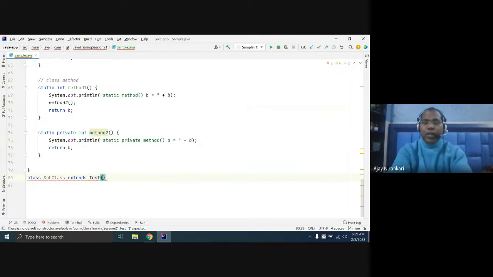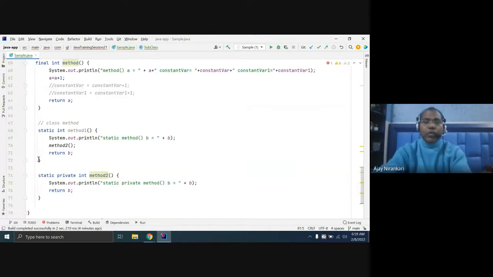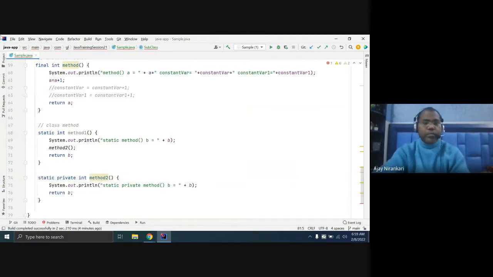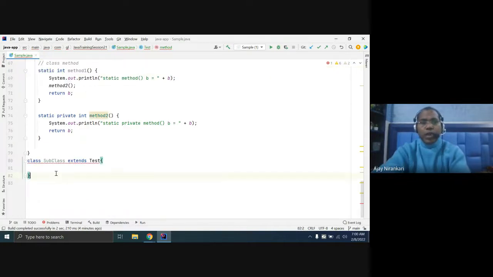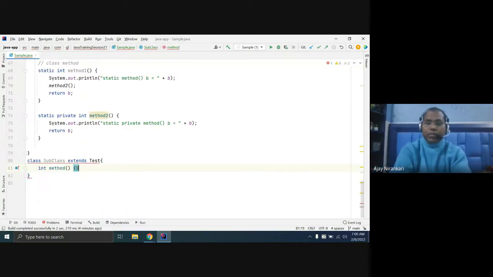Okay, and here we have an option. We can define this same method, same signature, inside your subclass. If this is not final, then you have an option. You can override this method, right?